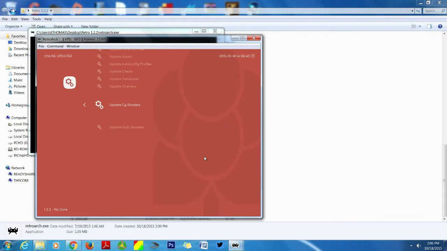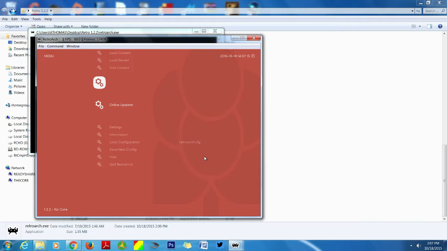There's also CG shaders, which is like, if you like stuff to look kind of old school, you can do these shaders. They have stuff that kind of give you the scan lines and stuff like that. So if you want to make it look a certain way, you can do that. I'm not quite sure how that would affect online play, but that's something that you can do. And then, of course, you also have this one, but I believe this is for Android. From what I was told, that was Android. Okay.